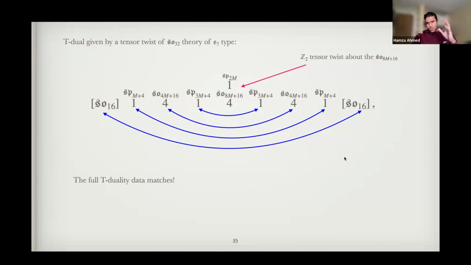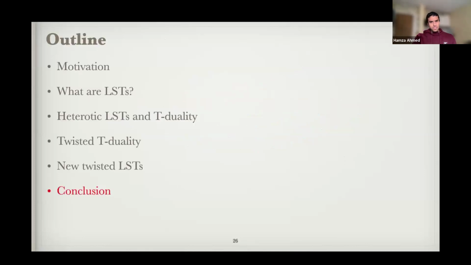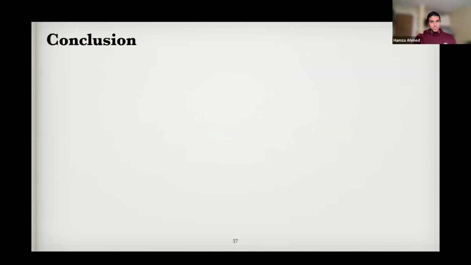And in our paper, we have a table where we list all these possible kappa P equals 1 type T-duals. What's important, however, is that we don't have geometric constructions for these. So this is essentially using this higher form symmetry structure of these theories to predict T-duals with kappa P equals 1. All right, so now let me just conclude.